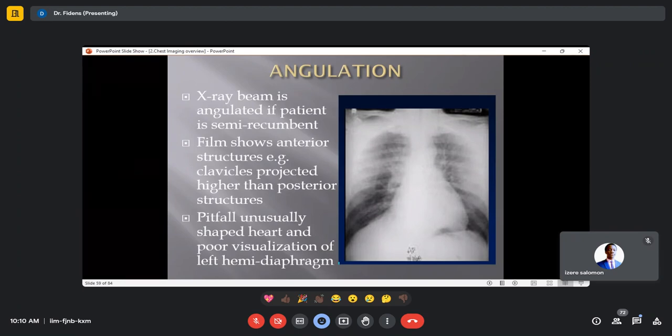Perpendicular. Do you understand how it is? Yes, it's to make like a 90 degree angle. So it means here that the X-ray beam was, for sure, not perpendicular to the body. It was maybe oriented downwards or upwards from the patient. That's the reason why the lower part has received more X-ray than the upper part,